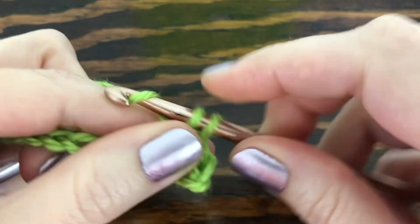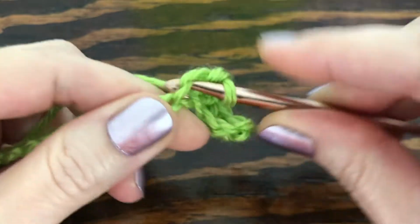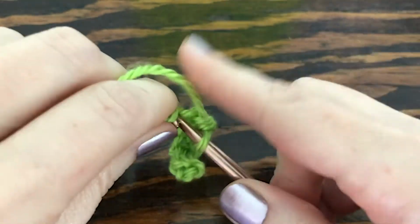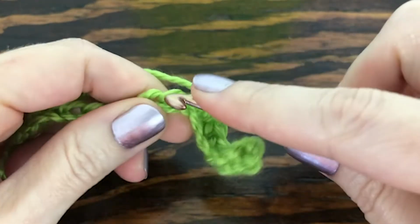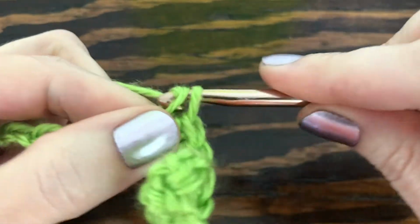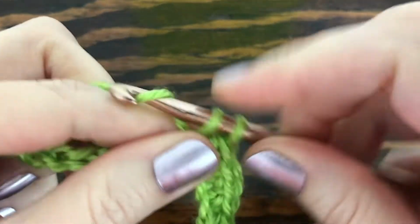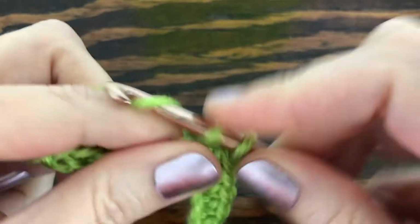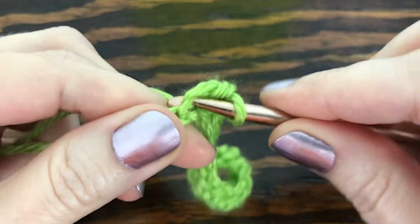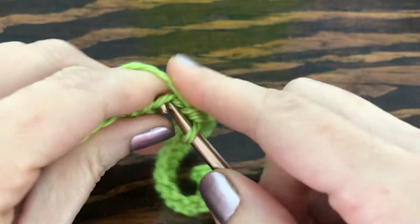3, 4, 5, 6, 7, 8, 9, 10, 11, 12, 13, 14, 15, 16,